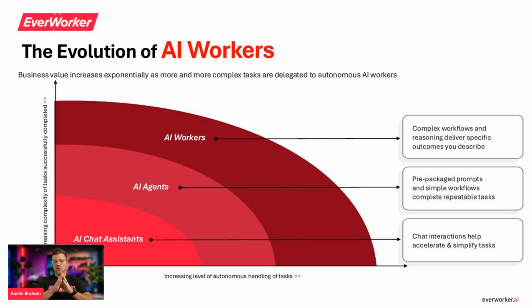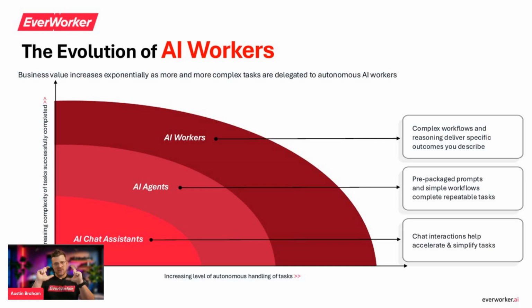But then it goes to AI agents. What we like to do is make it easy, because if you're in this space at all, you know that it's a constant battle and a constant argument: what is an AI agent? You can really think of it as a chat assistant plus tools where it can do tasks for you. Generally speaking, it will do one-off tasks here and there. You have an agent that sends an email, an agent that goes to LinkedIn, an agent that does certain tasks over and over again.